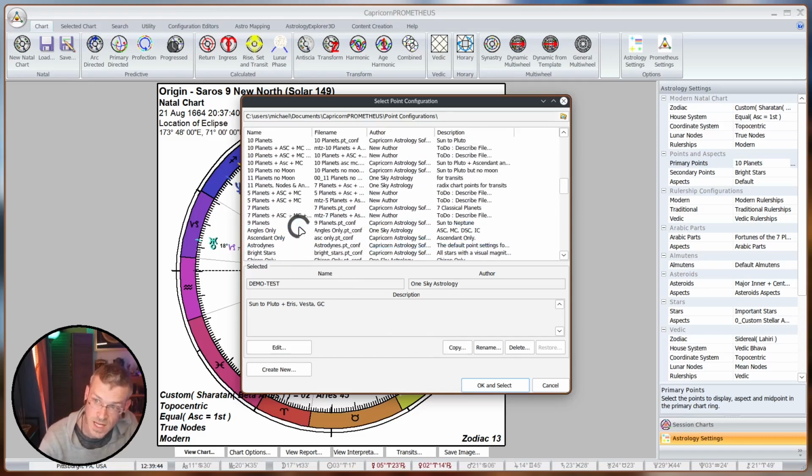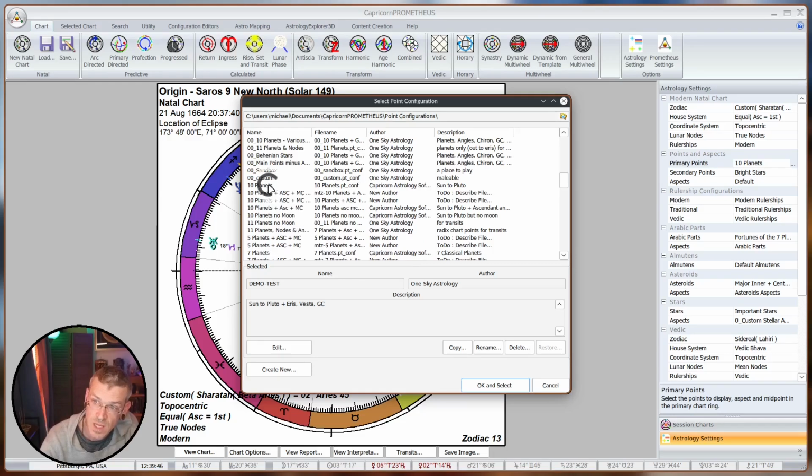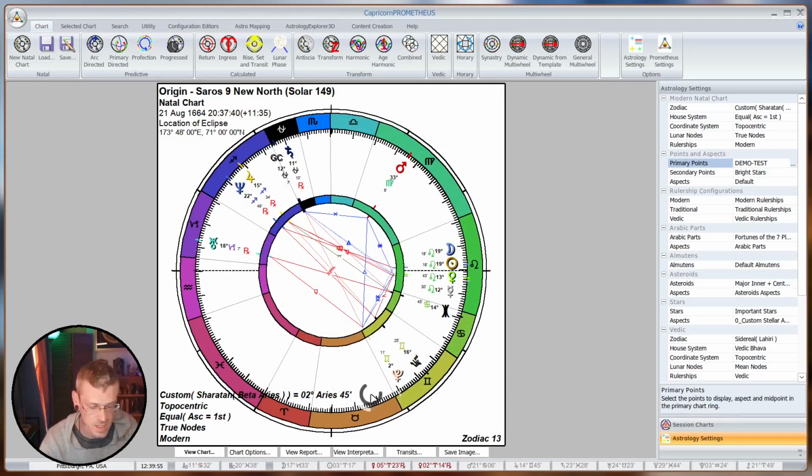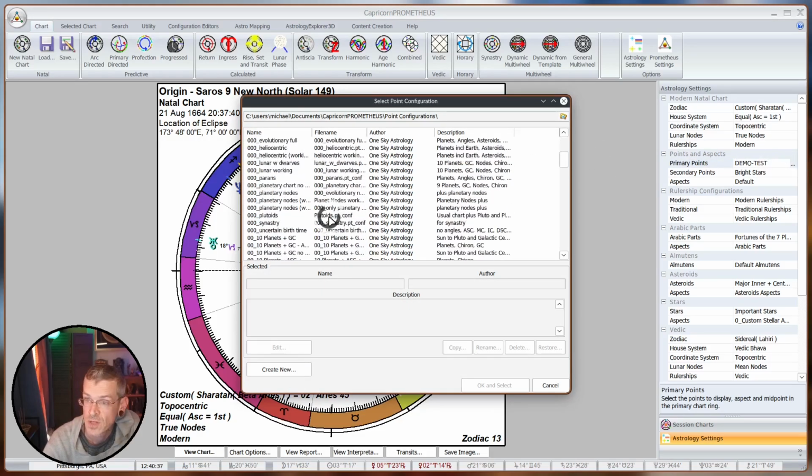Alphabetically, it won't be next to 10 planets anymore. Once you rename it, it'll be wherever you placed it with the naming process. Mine's in D, demo test, and we can bring that in. It's Vesta, here's Eris, and now we see the galactic center. So if you have a bunch of configurations and you want to switch in between them, that becomes